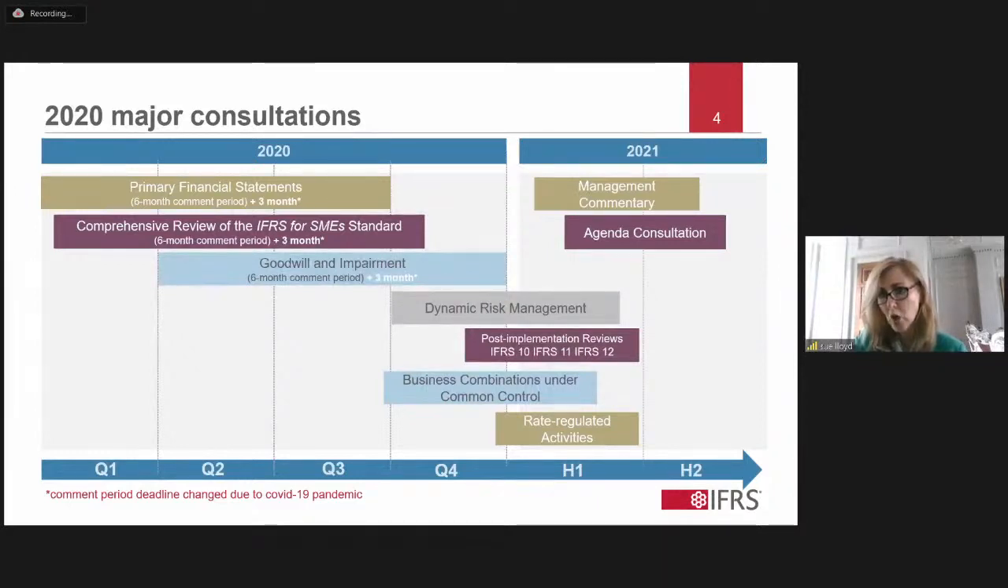under common control and accounting for utilities, rate-regulated activities, and also importantly, we will be looking at how well the new consolidation and joint arrangement standards have worked in the post-implementation reviews of IFRS 10, 11 and 12 later this year. And then peeping ahead to next year, we're going to be asking you for your thoughts on management commentary,